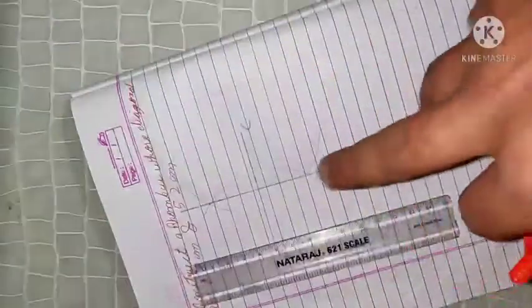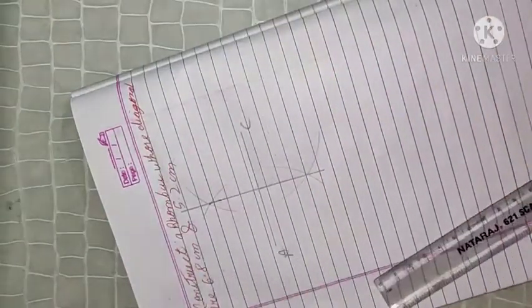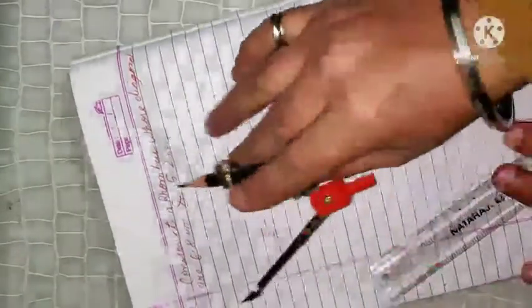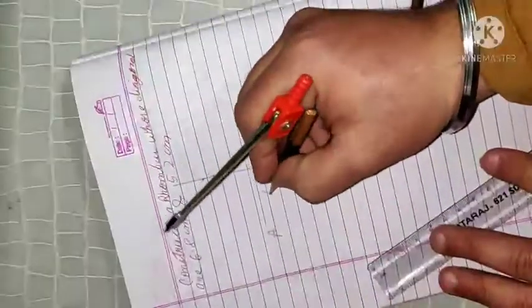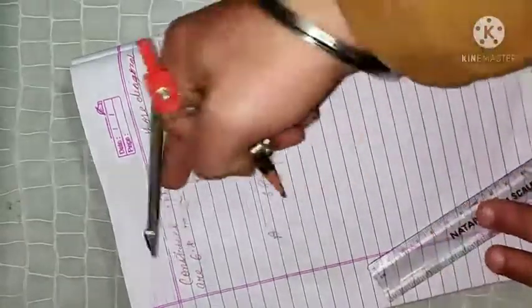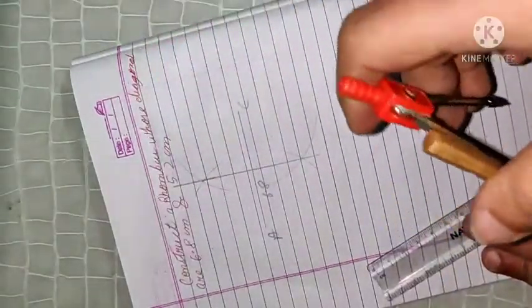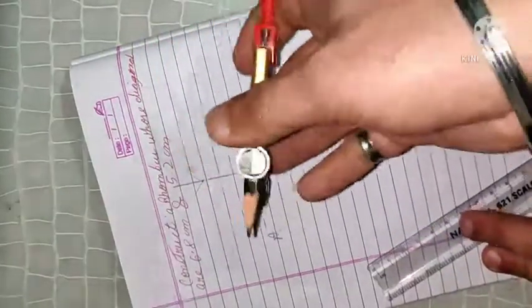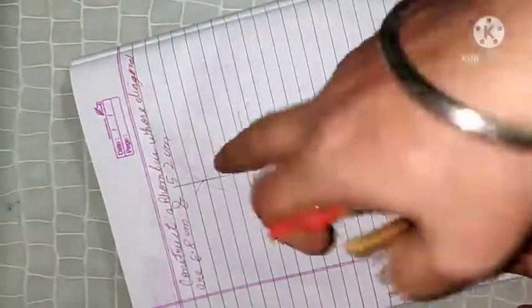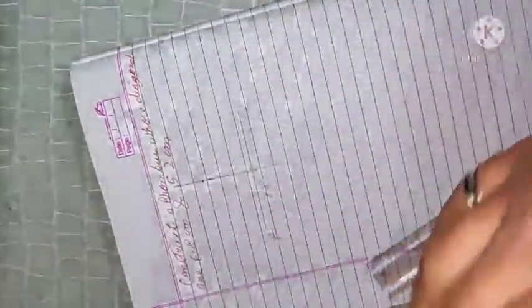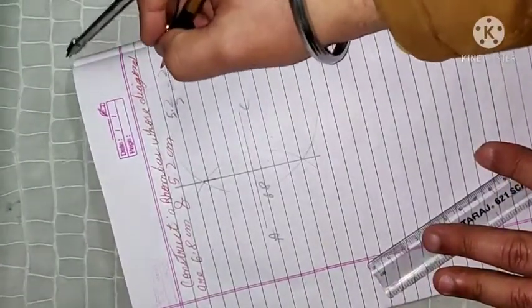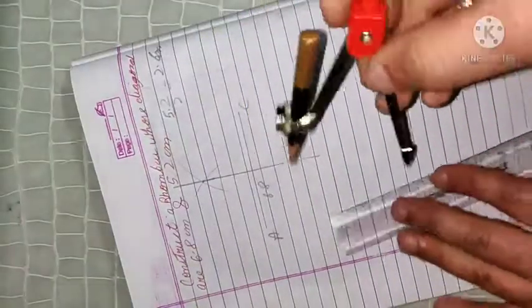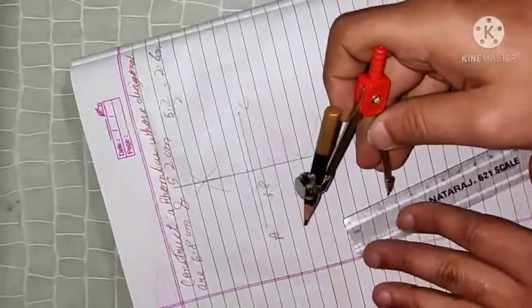This is our second diagonal, and this length is given as 5.2 centimeters. And this is at equal points. This was 6.8 centimeters, and we have to draw a 5.2 centimeter arc, meaning equally above and equally below. That means 2.6 above, that is 5.2 upon 2 equals 2.6 centimeters above and below. So we will take an arc of 2.6.